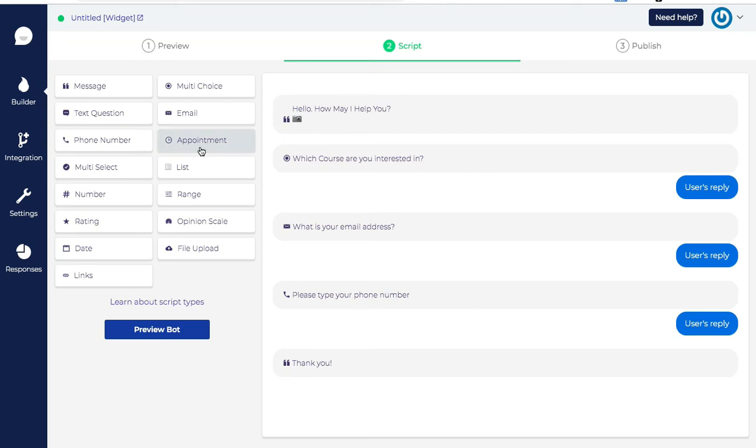And what else do we have? You can give him multi select option as well. So in multiple choice he can choose only one, whereas in multi select he can choose multiple options. You can also give him the option of range. So if you ask him what is your budget like, and he can choose between an X amount and between a Y amount. So you can give him a range option. You can also ask him for a rating, and you can also ask for a date. So let's say I'll drag it over here,